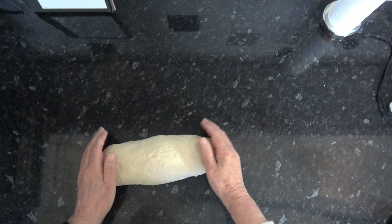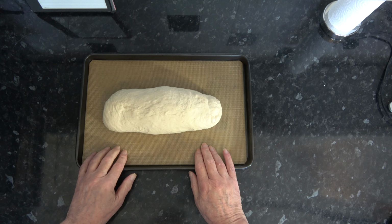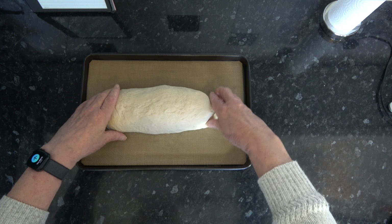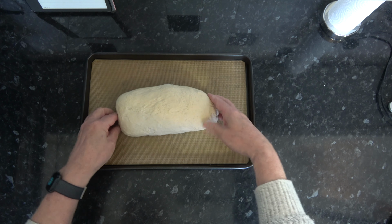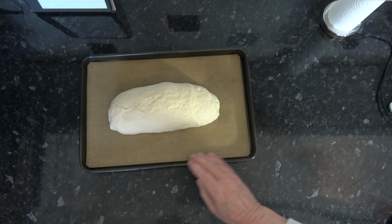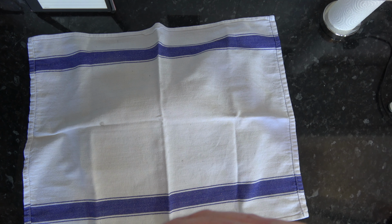So I'm rolling that to fit onto my baking tray like that. And I have a silicone mat here, but you can use parchment paper, and I'm going to pinch the ends together and just tuck them under like that. And that's going to rise quite nicely. So I'm going to cover that with a clean towel, and I'm going to leave that to rise again until it's just about doubled in size again and it feels